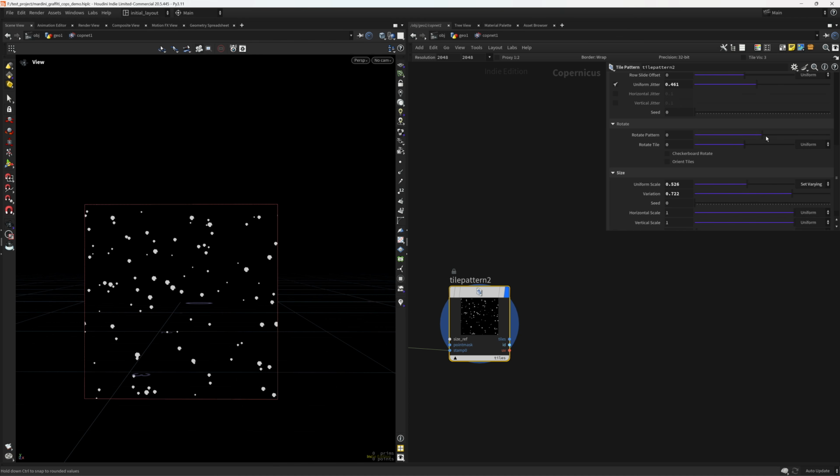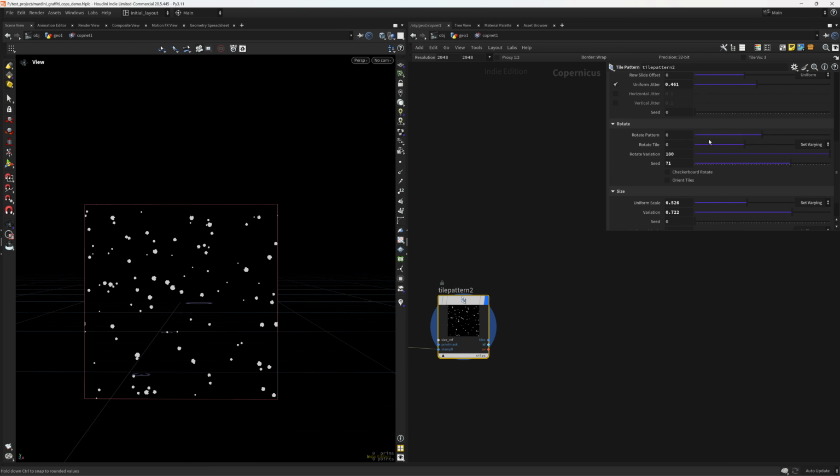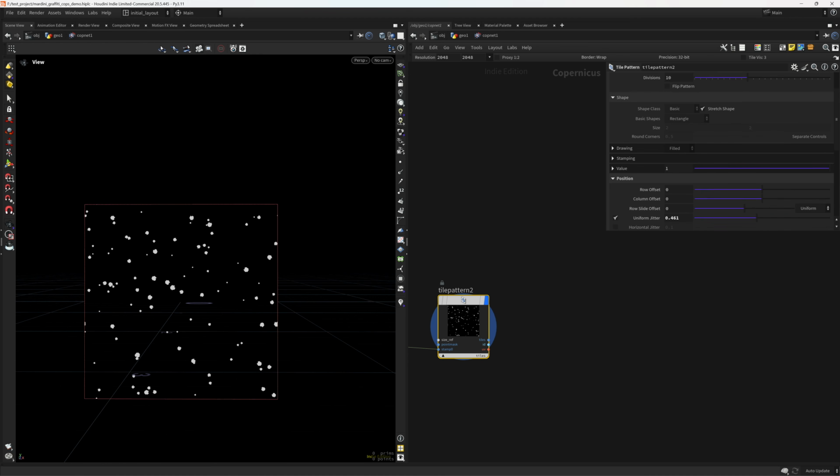So let's do rotate varying. Is this one? Yeah. So we could probably do the following. If we go to the value and set this to varying and play with the seed,